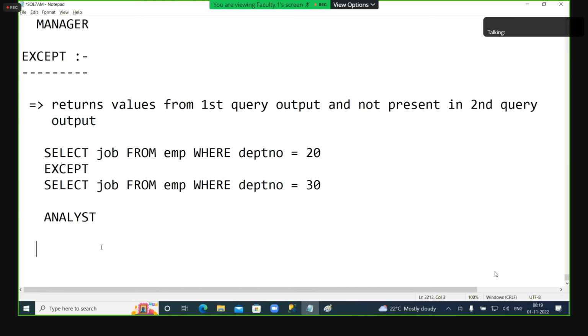Okay. Now, this is set operators. Okay, then